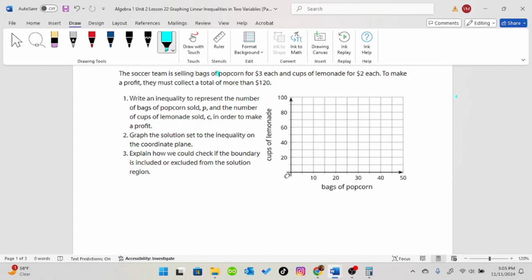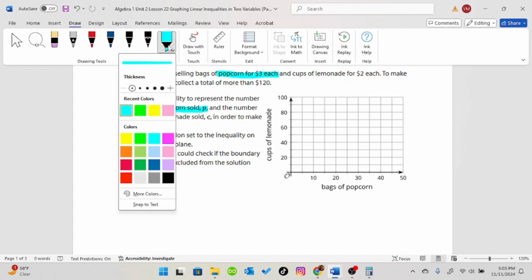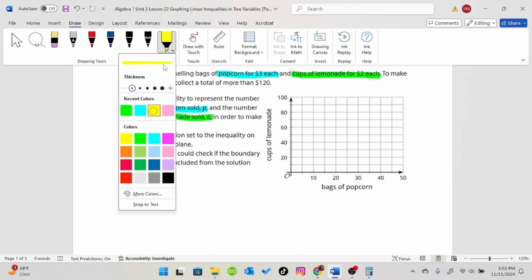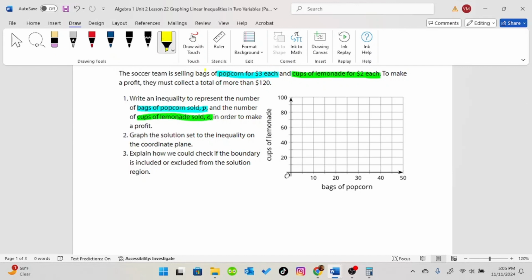So, popcorn is $3 each, and it's represented by the letter P. Cups of lemonade are $2 each and represented by the letter C. And the total has to be more than